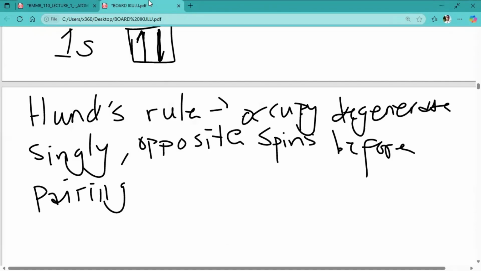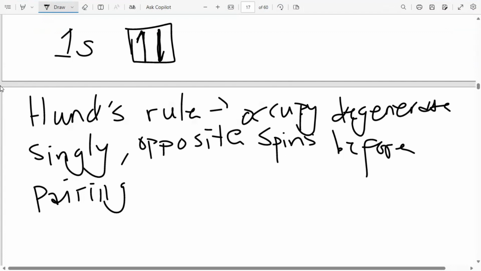So, ladies and gentlemen, that's all on the electronic configuration of different atoms. You can try and go through some questions to see if you've understood. Just get any random atoms and look at how the electronic configurations of those atoms